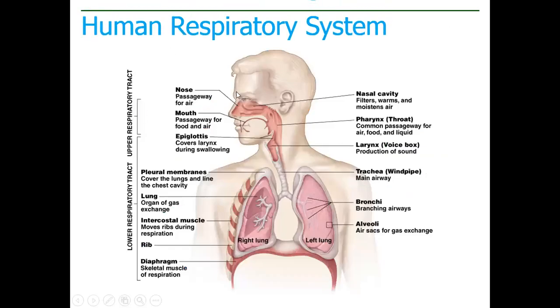This is the human respiratory system. It starts with the nose, the nostrils, the nasal cavities, the pharynx, the larynx, the trachea, and it ends in the lungs. The nose